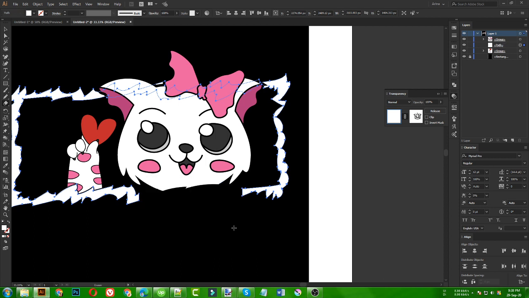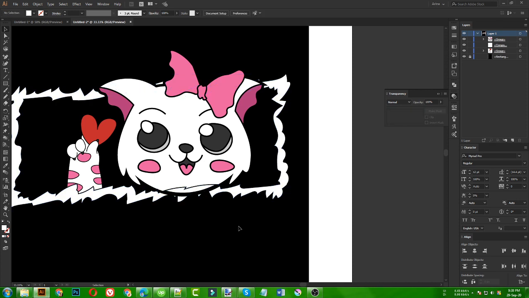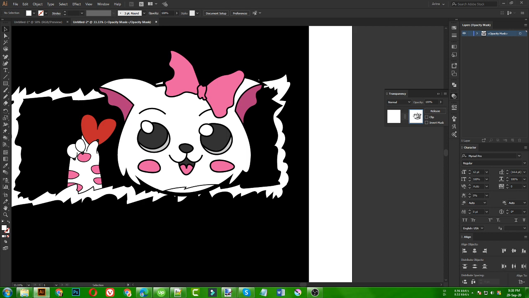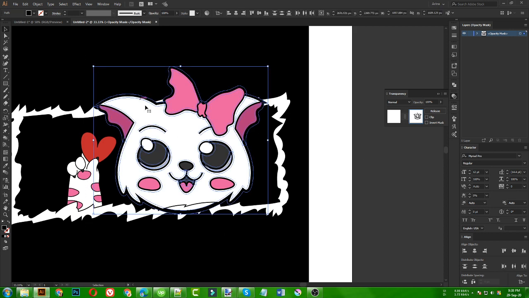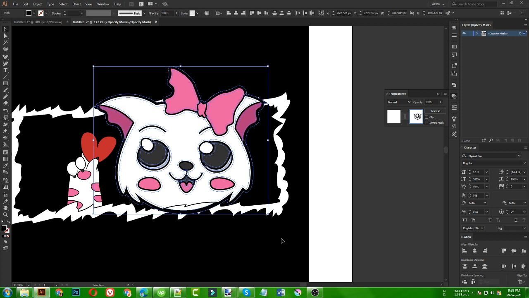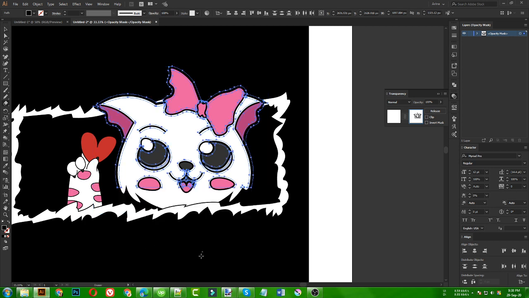Okay guys, sorry for that. Before erasing that, I need to go to the transparency panel, because I am now on the surface layer. If I select this one here, I will be able to go into the transparency panel, and once I am inside this transparency, you can see there is only this shape, no other shape. I cannot select anything else here, only this shape. So I am selecting this one and then using my eraser tool, because I don't need these areas, I only need this area. So that's why I am keeping that.